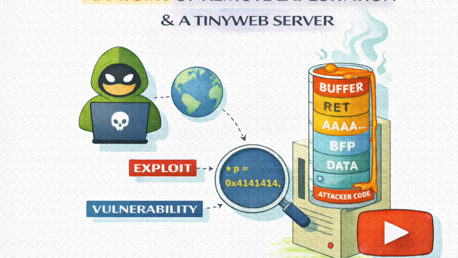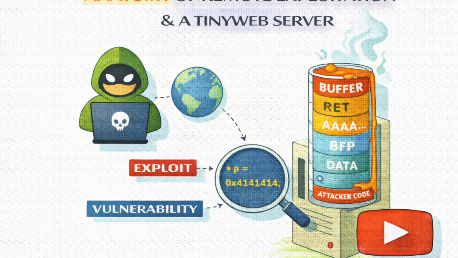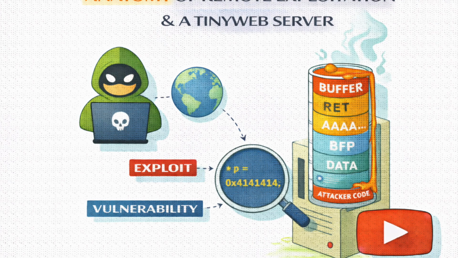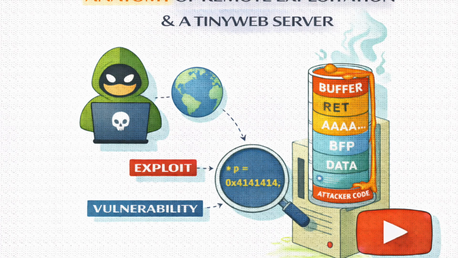Why does that level of precision matter so much? Because if we know the crash happens precisely at byte 504, we can craft a very specific message. We send 504 bytes of junk to fill the buffer to the brim. Yeah. And then the very next 4 bytes we send are the specific memory address that we want the computer to jump to. I see. So we're replacing the scribbled bookmark not with gibberish, but with a map to our own malicious code. That's it. We are hijacking the instruction pointer. That is the holy grail. Instead of the program going back to its normal routine, we send it somewhere else. We send it to open the safe.